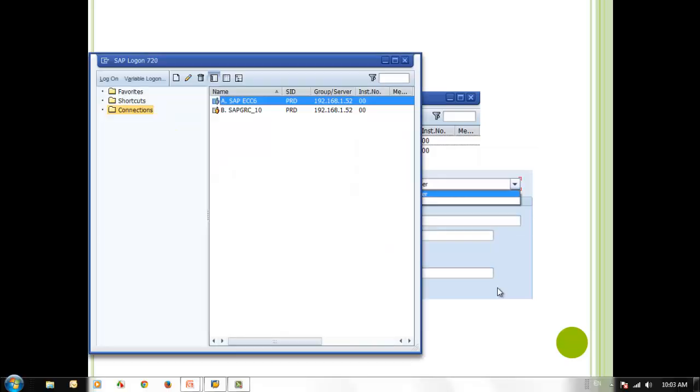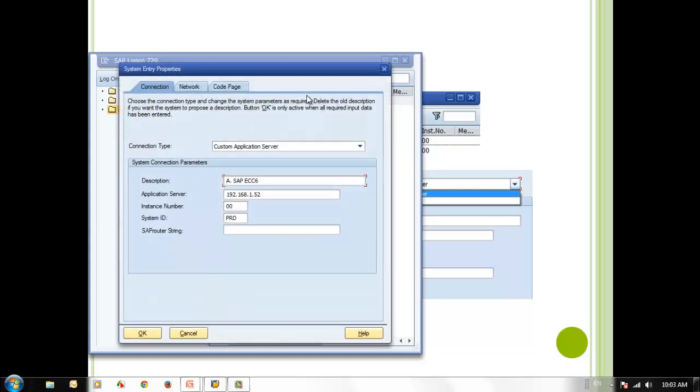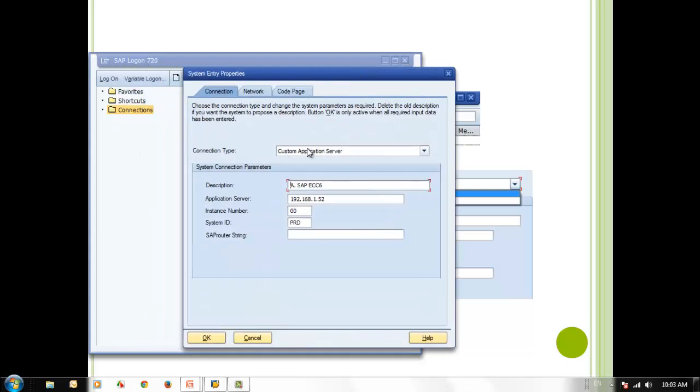Okay, this is the SAP logon pad. If you select this and say edit, then you can see we are pointing to one application server. If it's a group server, you can select the second option. This is a description, which is free text. You can put whatever text you like. The application server is the TCP/IP address or the server name, whichever is given to you. And the instance